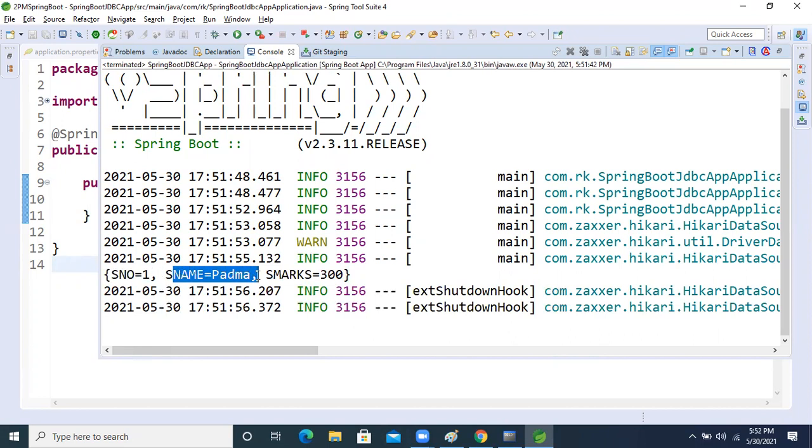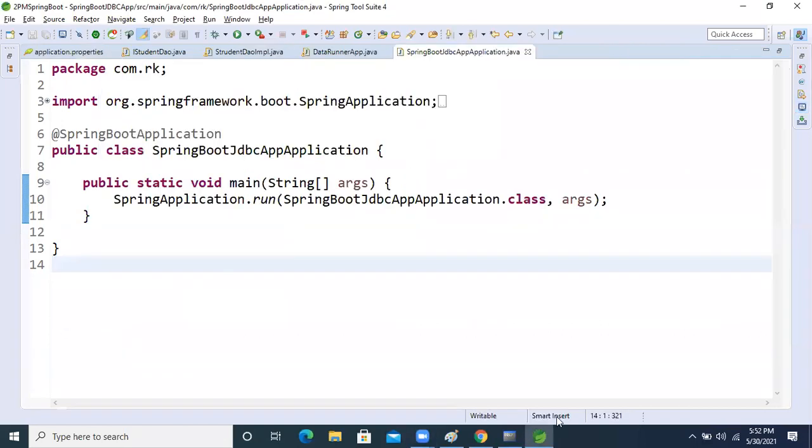Number one, S name Padma and S marks 300, right? And the key and value format. Yes, we are getting it right. Okay, let's move on, and we will see the next level discussion.